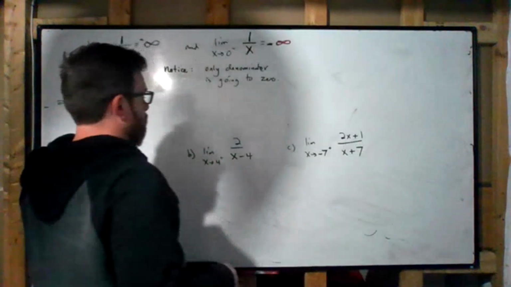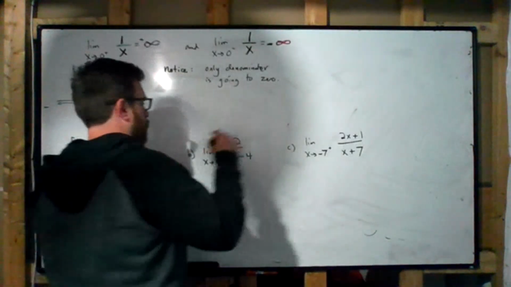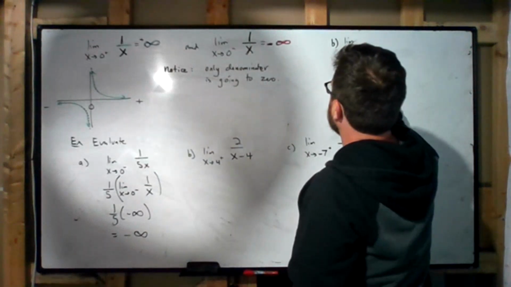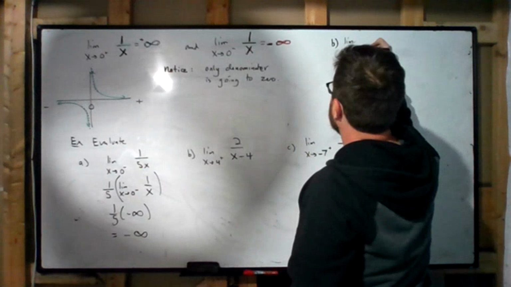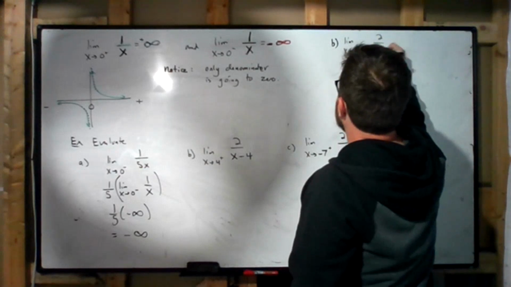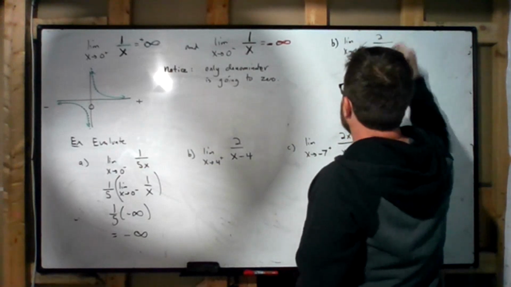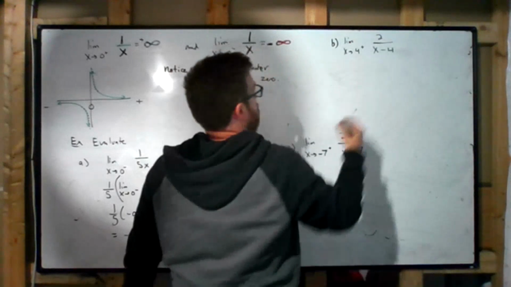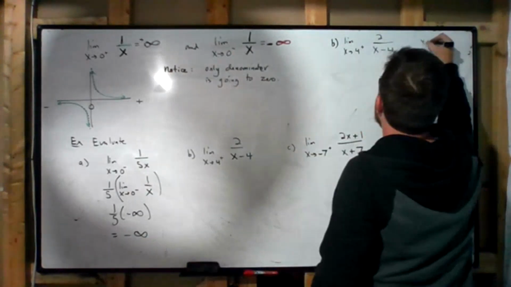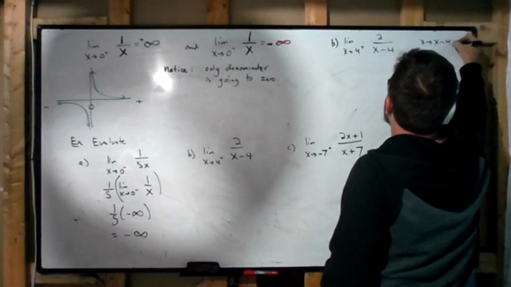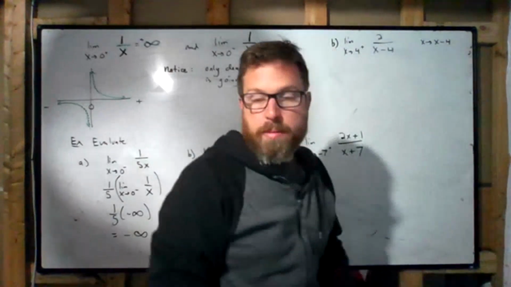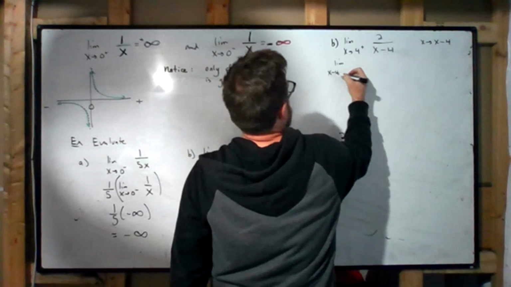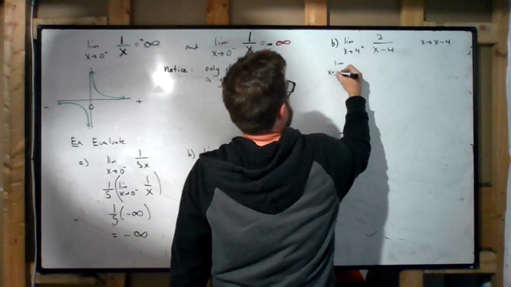You have ways to kind of combat this. Now, one way they show you this, and I'm gonna do it my way next, is they make a substitution. I'd prefer this to go to 0. So what I can do is substitute x becomes x minus 4. So everywhere there's an x, there's now going to be an x minus 4. So I'm going to have the limit as x plus 4,